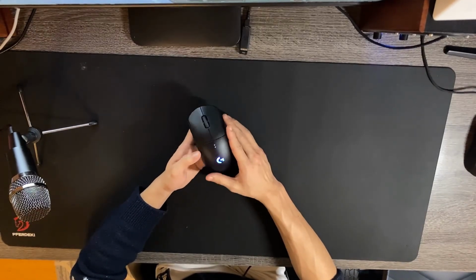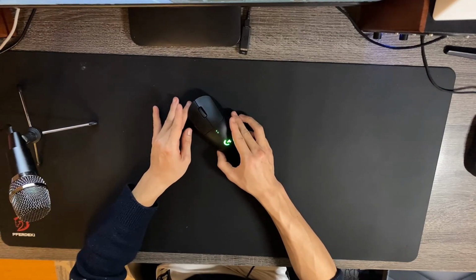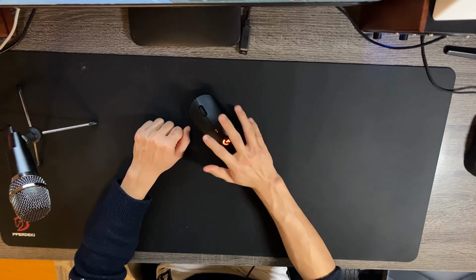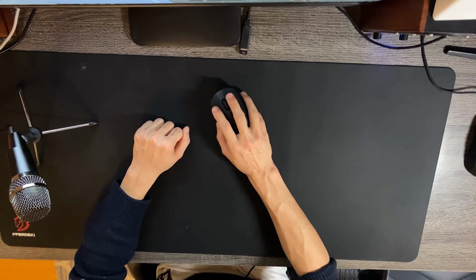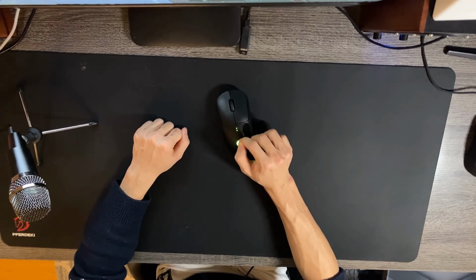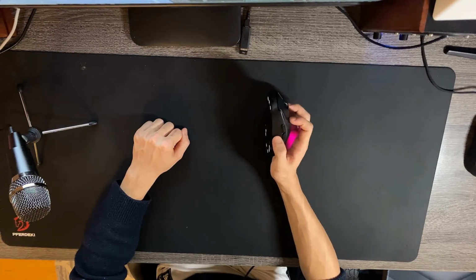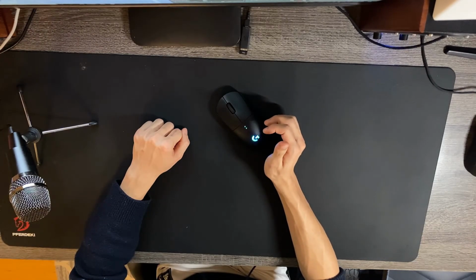Should you buy it for $99? Well, that largely depends on your preference. So if you have small to medium-sized hands, so hands similar to mine, you like symmetrical mice and you use an aggressive palm grip, I don't think it gets too much better than this, as long as you can get past the coding. If you like the features of this, you have larger hands and you use an aggressive fingertip grip, this could also be pretty good. But maybe you'll like some other options better, like the Viper Ultimate from Razer, the Orochi V2 also from Razer,